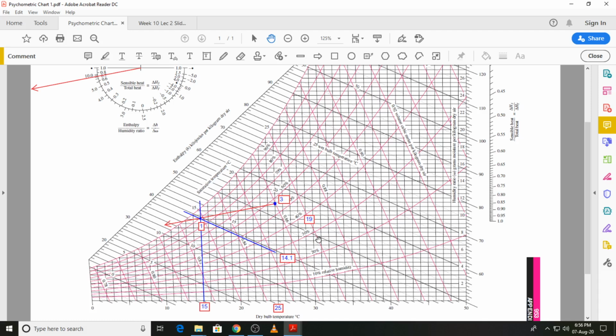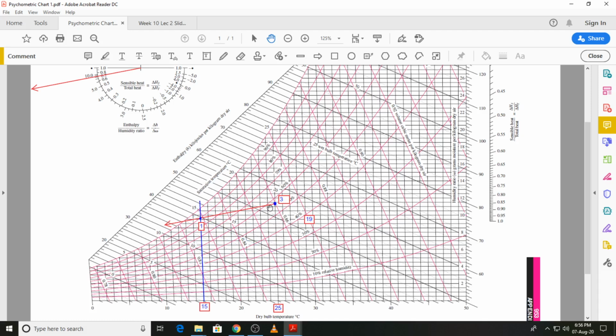So just to make the drawing a little less cluttered, I will remove this information about the wet bulb temperature which is already there in your recording. And then I will just focus on the